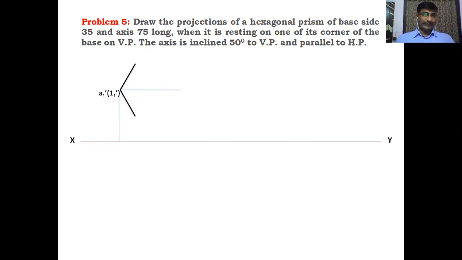Draw two lines like this. From the horizontal line, it makes 60 degrees towards the above side and towards the bottom side. The total angle between these two dark lines is 120 degrees. From these two points, the length of the line should be 35. 35 is the base side. So from A1 dash of A11 dash, draw an inclined line at an angle of 60 with the horizontal and locate any point. Locate the points at a distance of 35 on both sides.